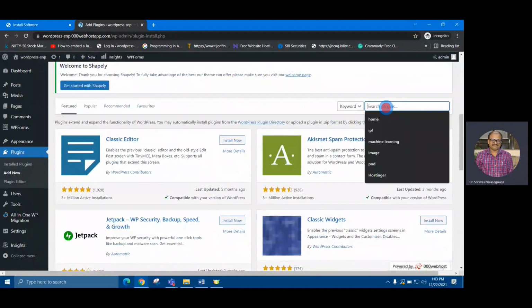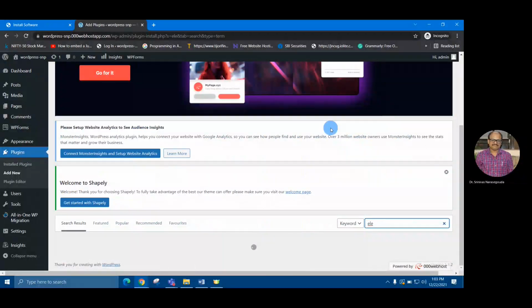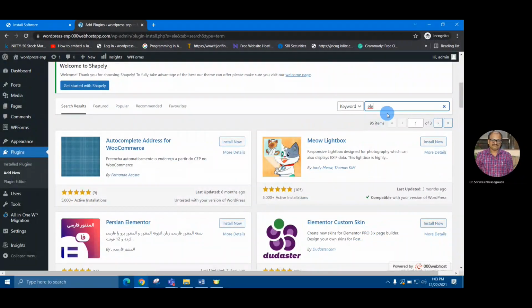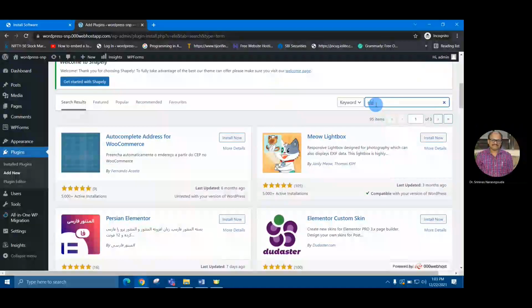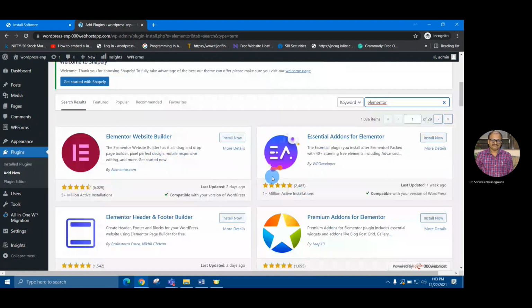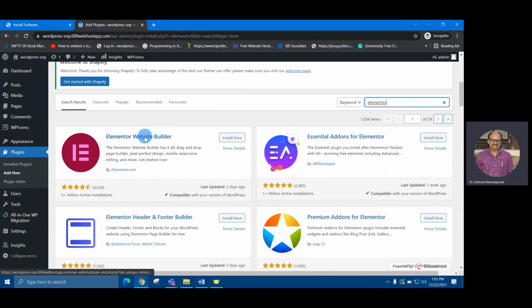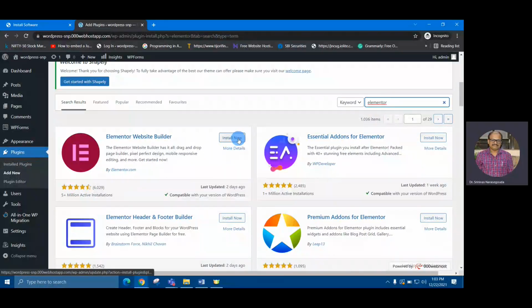Here you can search for Elementor. Now I'm going to install this one, Elementor Website Builder, developed by Elementor.com. You have to click on this one, install now.